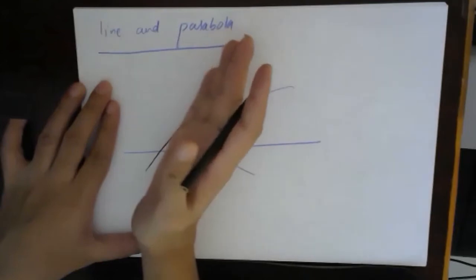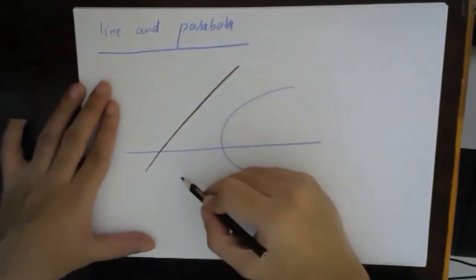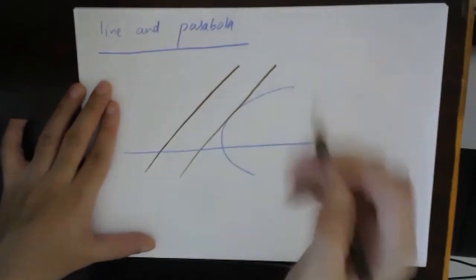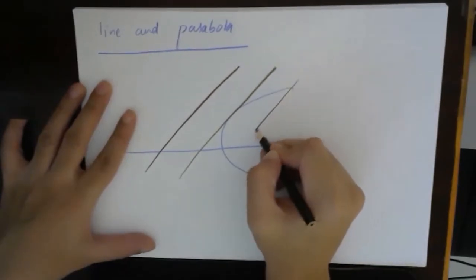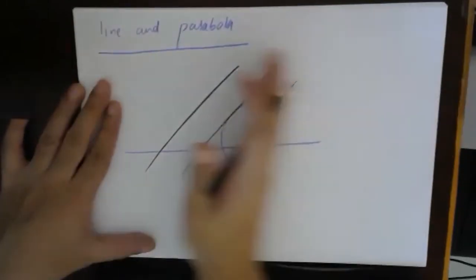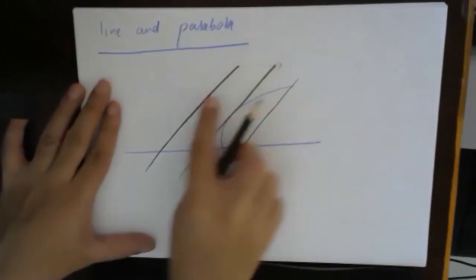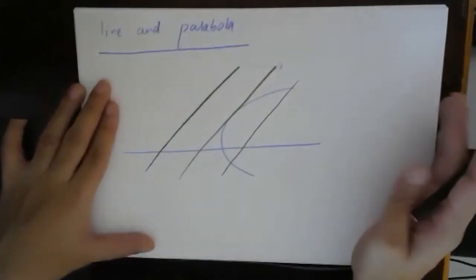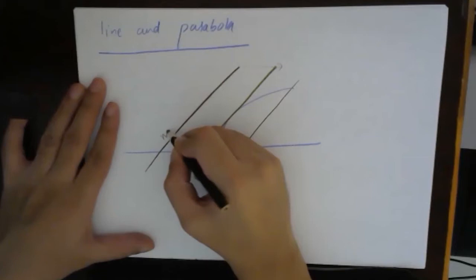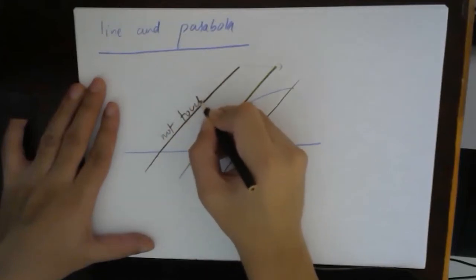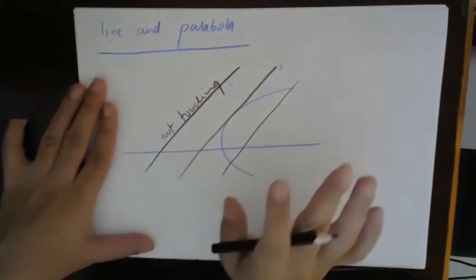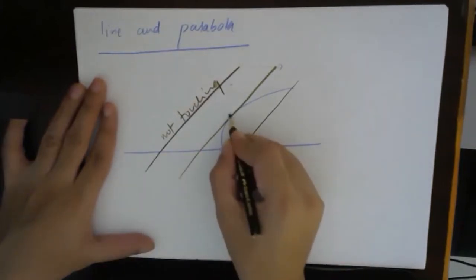Okay, if I move this line further towards the parabola, the line can be of this form. The other line can be this. So basically I'm moving this line towards the parabola, and this line is moving in this direction from minus infinity to plus infinity, right? So basically this line is not touching the parabola at all. This line is touching the parabola at one point.